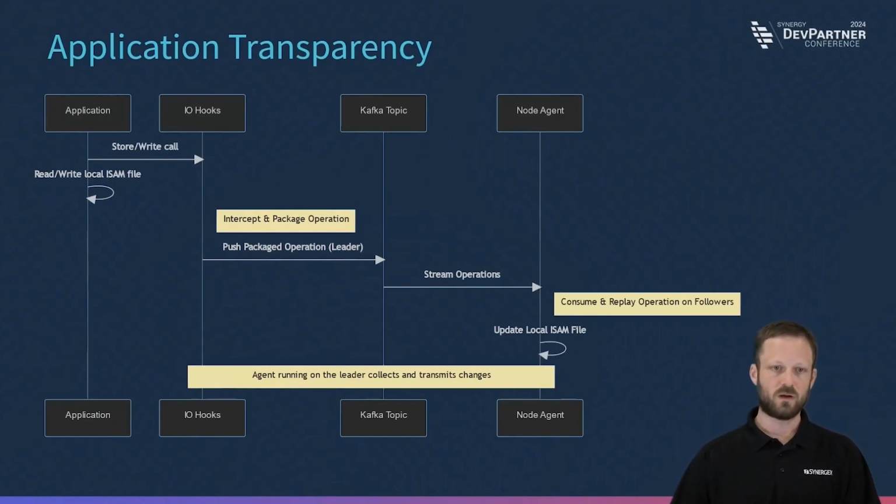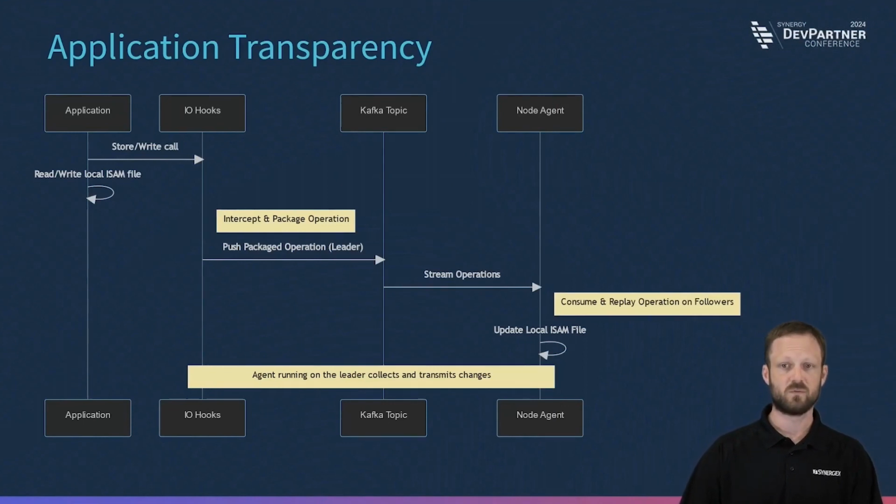So all of this still sits on top of regular ISAM files. As far as the application is concerned, we have not really changed anything in this model. It still opens files that are ISAM files. They're just on disk. It's not going over the network like XF server or anything. They're regular on-disk files.